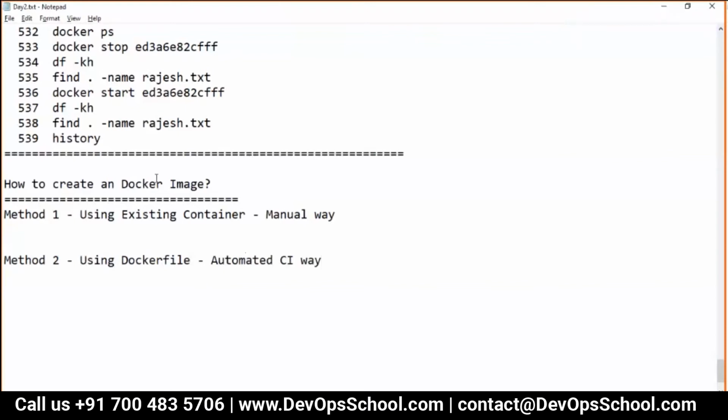So these are the two methods in which we are creating an image. The existing container is the easy and manual way, though a Dockerfile is also very simple by the way. But I'll teach you that one a little bit later. First I'll teach you this one and then get used to it.